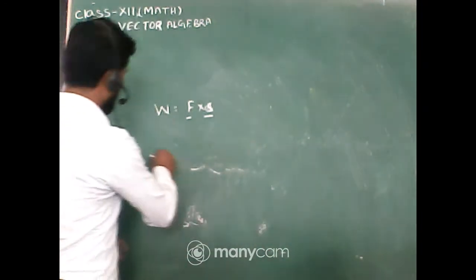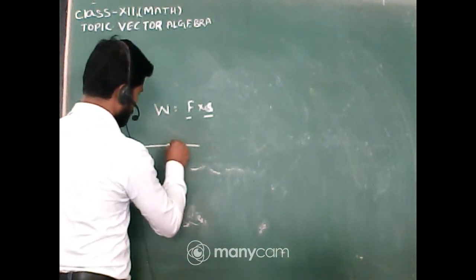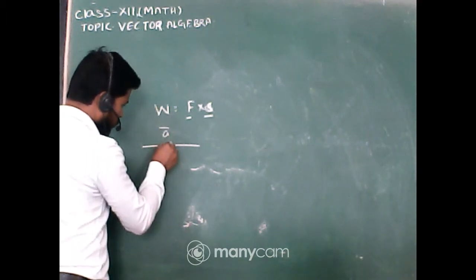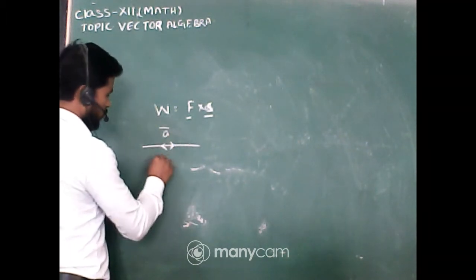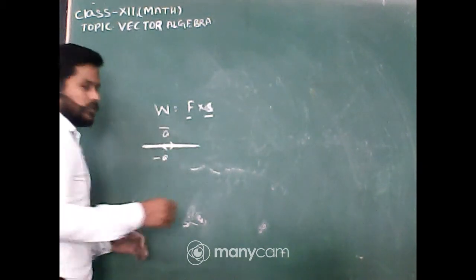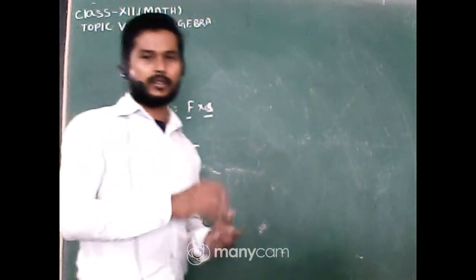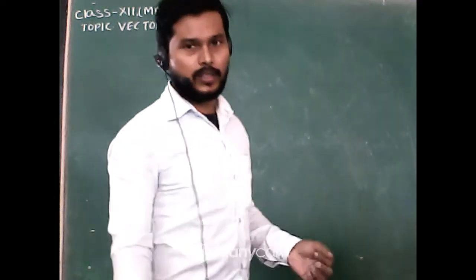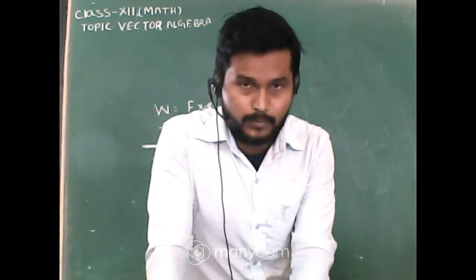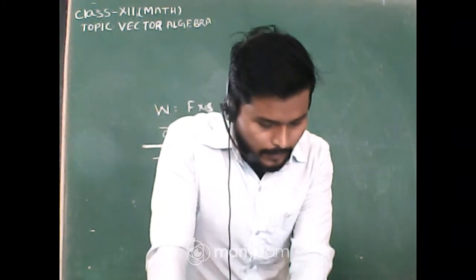Look, this is our vector a, and minus a means its direction will be just opposite to this. That is minus a, this one minus a and this one a. Now look, these two vectors coincide with one another, so these are actually collinear. It is a true statement.